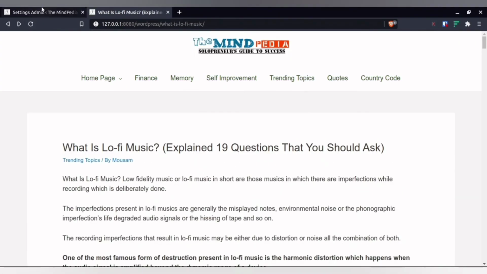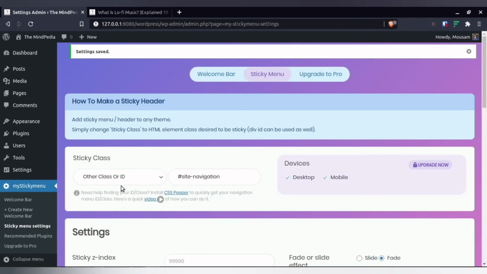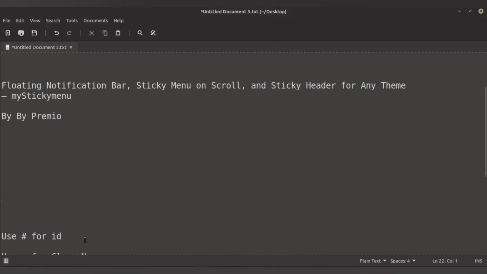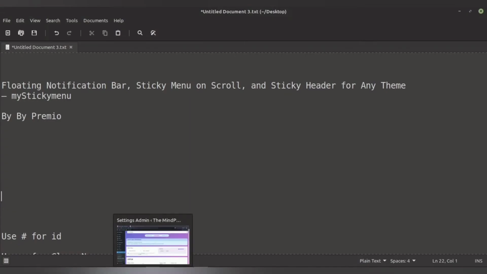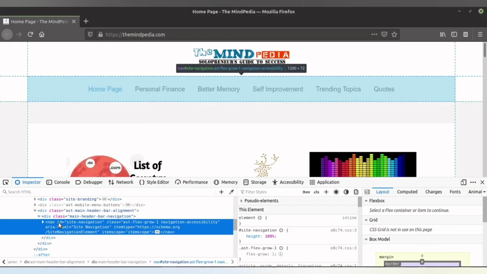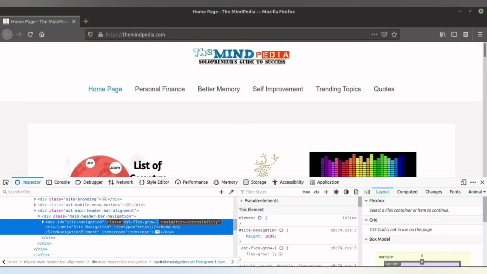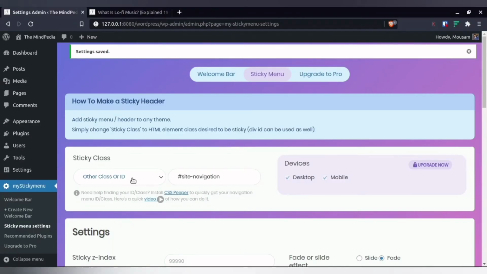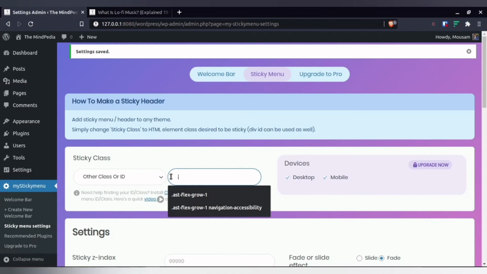See, one more thing is that if I want to add the class, in that case where will I get the class? As I've shown you, over here first you have the ID and over here you have the class. Please remember that up to this only is your class. You will have some other name, so just copy it. Don't select anything after the space bar. So select this portion, and now if you want to add the class, in that case you have to give a dot before it. So dot and then class.